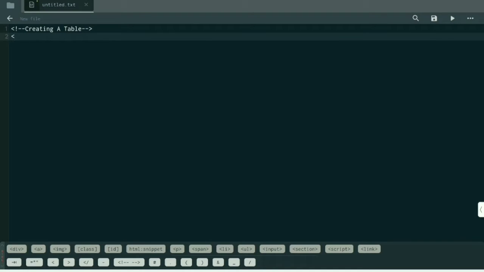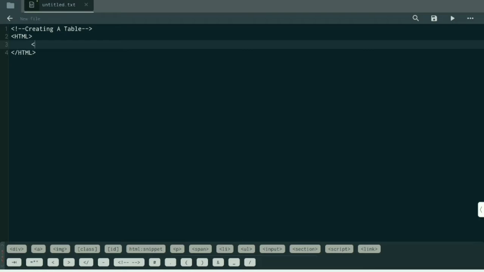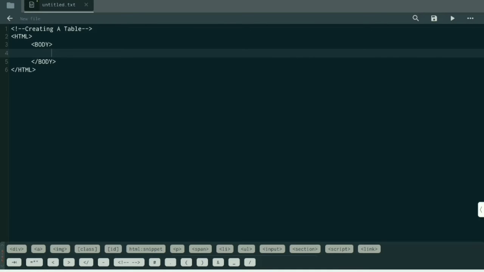Then as usual HTML tag, then body tag. Inside the body tag we will use table tag to create a table.